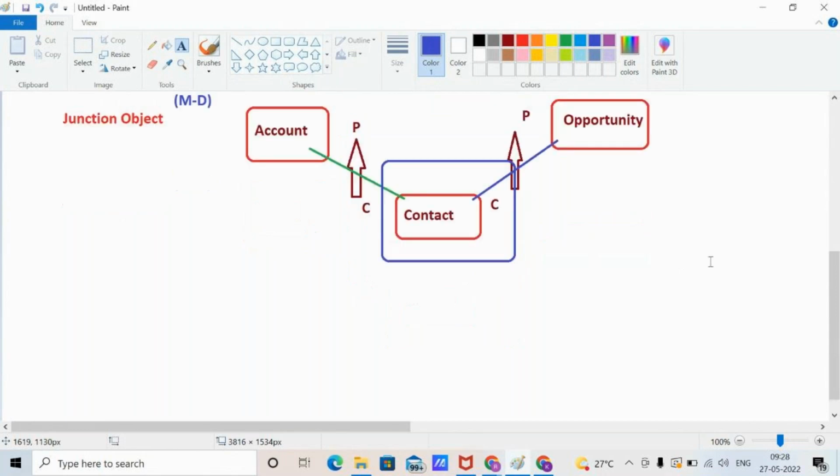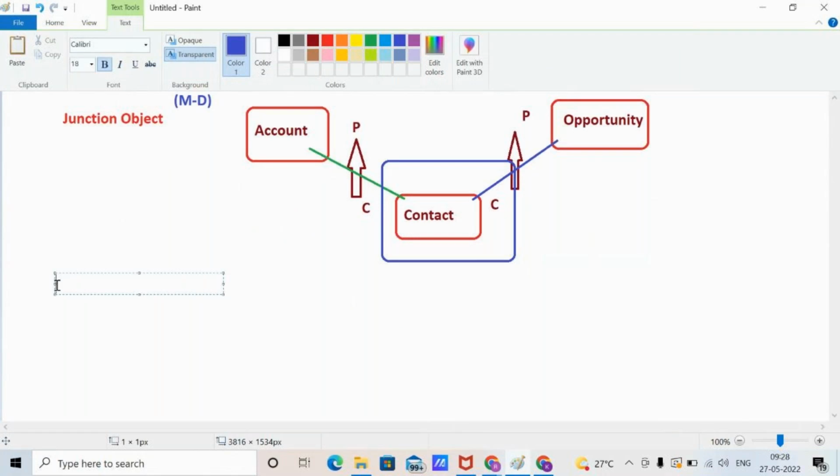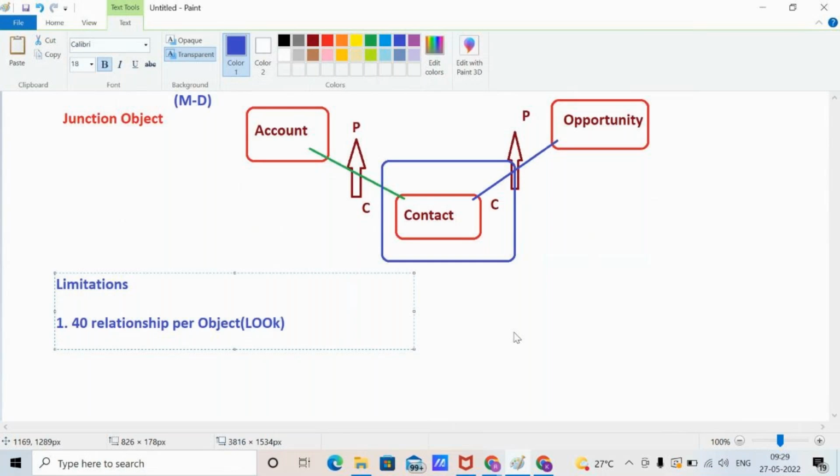Now another note point, जो चीजें आपको याद रखनी हैं, लिमिटेशंस. कुछ लिमिटेशंस हैं जो हमें फॉलो करने पड़ते हैं. लिमिटेशन फर्स्ट, मैक्सिमम 40 रिलेशनशिप वी कैन क्रिएट पर ऑब्जेक्ट. एक ऑब्जेक्ट पे मैक्सिमम 40 रिलेशन हम क्रिएट कर सकते हैं, उससे ज्यादा नहीं. मैक्सिमम 40. अब इस 40 में चाहे आप लुकअप क्रिएट करो, या एमडी क्रिएट करो, या फिर सेल्फ करो, टोटल विल बी 40 पर ऑब्जेक्ट. ओके,